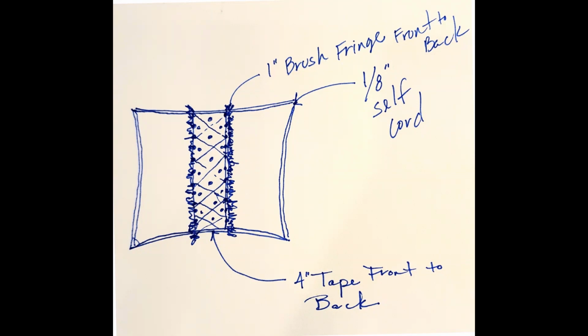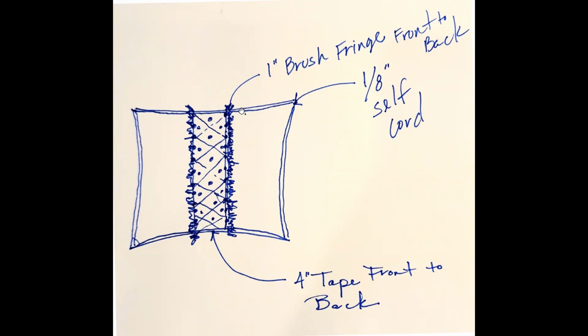Now, this is a sketch that the designer creates, and it may seem very simple, but it's a drawing of a pillow, and it actually calls out the different elements that are going to be required for this pillow. Now, it may seem simple, but there's a lot of information here. For example, we're going to have a velvet fabric here and over here, and typically that would also be labeled on this drawing as well. I'm not sure why it's not labeled.